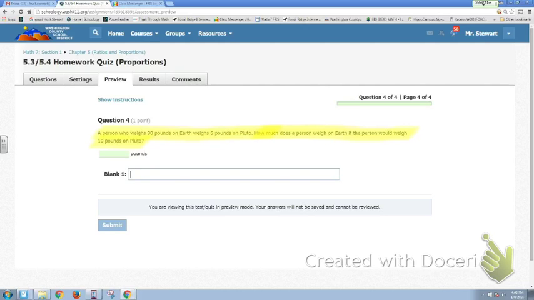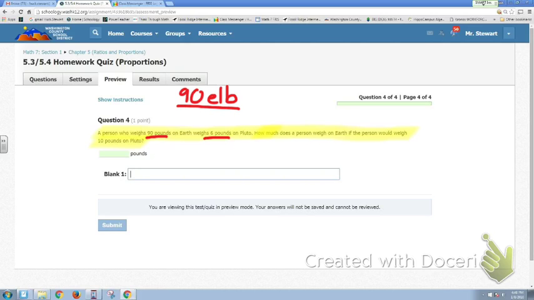So you're going to use this information to help you set up rates, ratios. And remember, it's important to keep units of measurement proportional to one another. So if the weight for Earth is in the numerator, then both weights for Earth should be in the numerator. Let me show you what I mean. Let's say 90, I'm going to call it Earth pounds, because that's really all that means to us. Pounds is just what is calculated for the gravity of Earth, and that's over